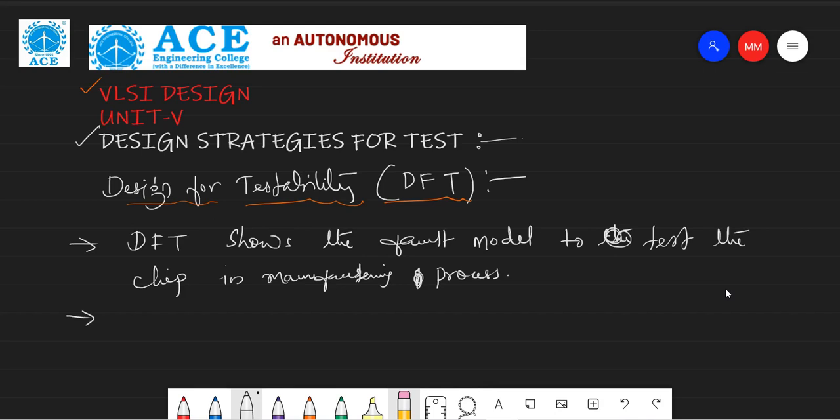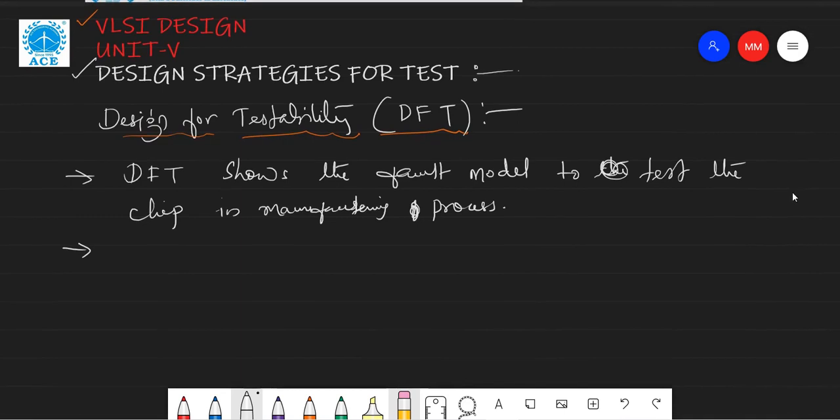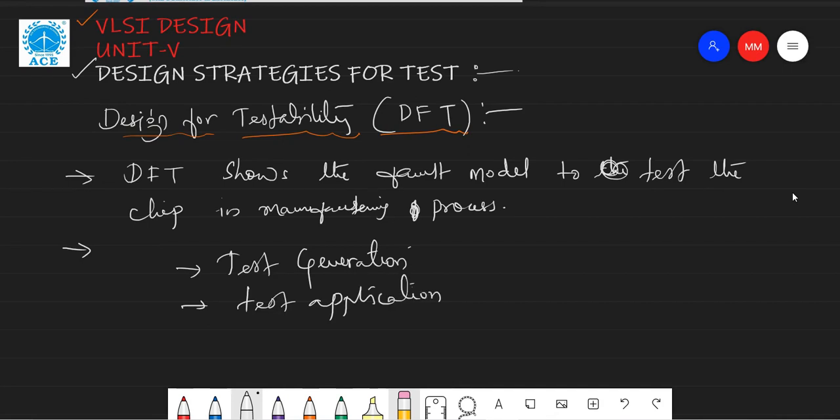Okay, so DFT refers to these design techniques that make test generation and test application cost effective. Okay, so see here,